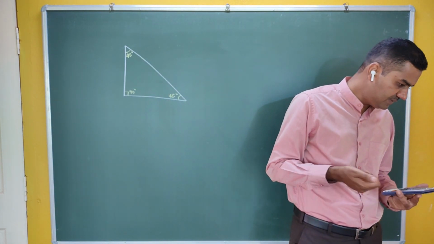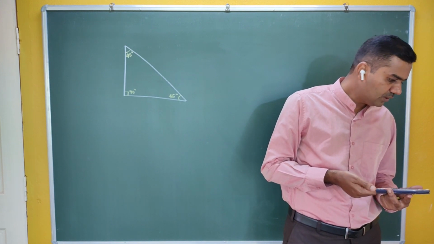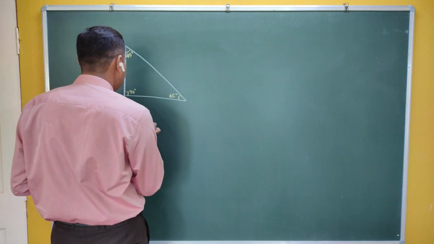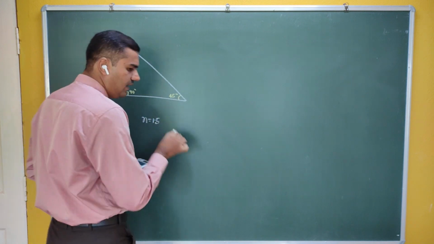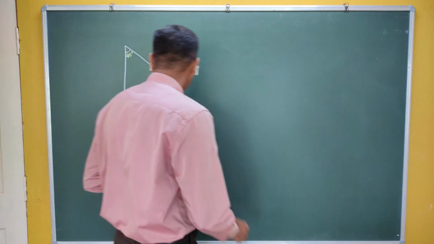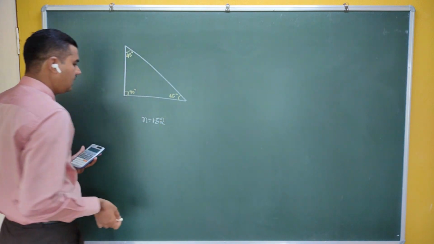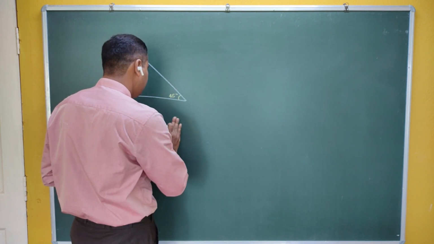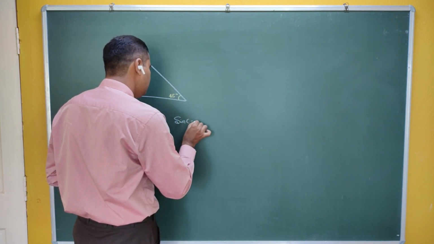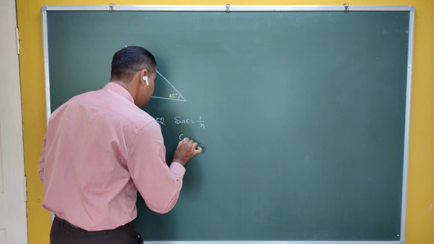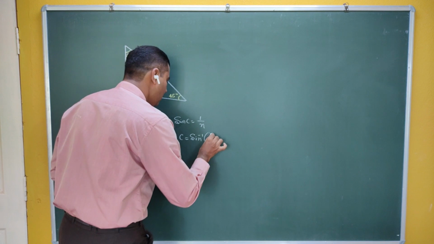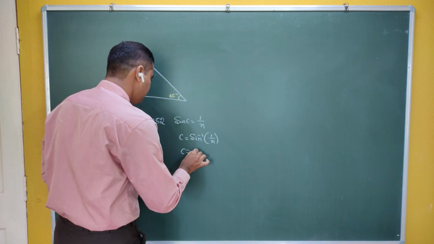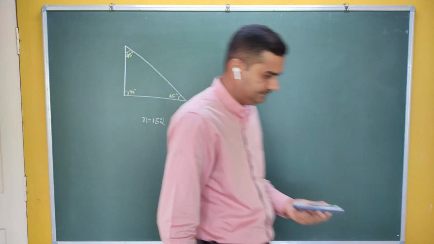If you take the prism, for an example, the prism which is made up of crown glass whose refractive index is something around 1.52. If I find the critical angle, what's the formula for critical angle? Sine of C is equal to 1 by n. Therefore, C is equal to sine inverse of 1 by n. Then you can write C as, if you take the sine inverse, 41.2 something, approximately I write 41 degree.